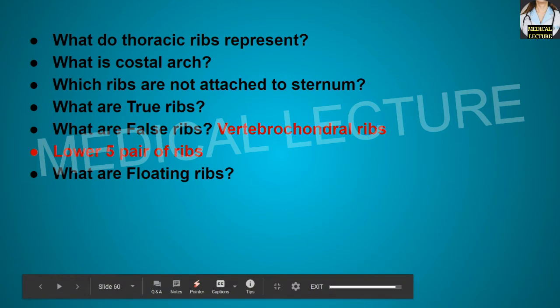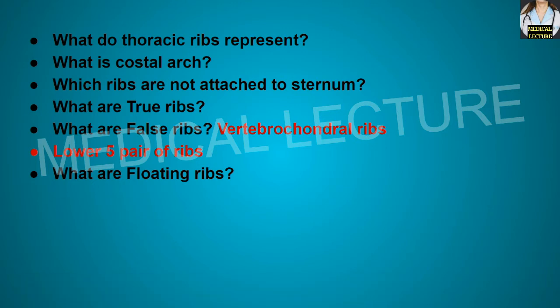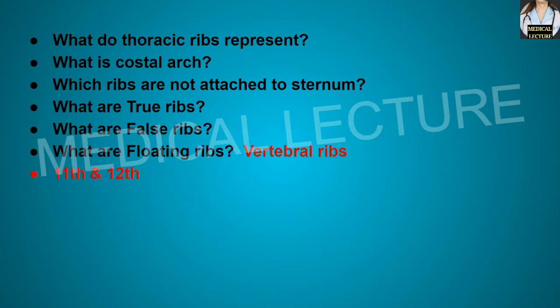The lower 5 pair of the ribs are known as the false ribs because they do not attach to the sternum. The upper 3 false ribs connect to the costal cartilage of the ribs just above them, and the last 2 false ribs usually have no ventral attachment to anchor them in the front, and so the last 2 pairs of the ribs are also known as the floating ribs or fluctuating ribs or vertebral ribs. So what are floating ribs? Floating ribs are the vertebral ribs, 11th and 12th.